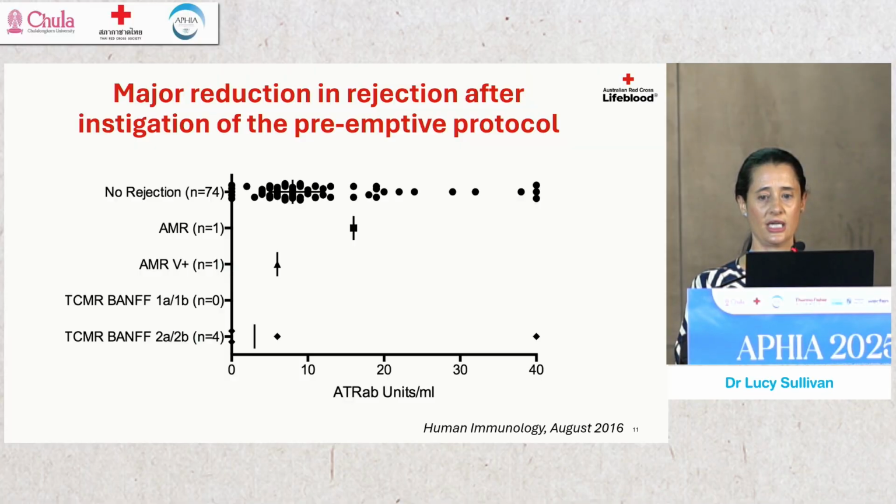So after the instigation of this preemptive protocol in Adelaide, there was a significant reduction in rejection. Looking at a 2015 cohort here in this slide of 80 patients, 7 of them had AT1R antibodies between 7.5 and 25 units per mil, and they actually didn't have any rejection. And of 7 patients with antibodies greater than 25 units per mil, 1 did develop a T-cell mediated rejection that did